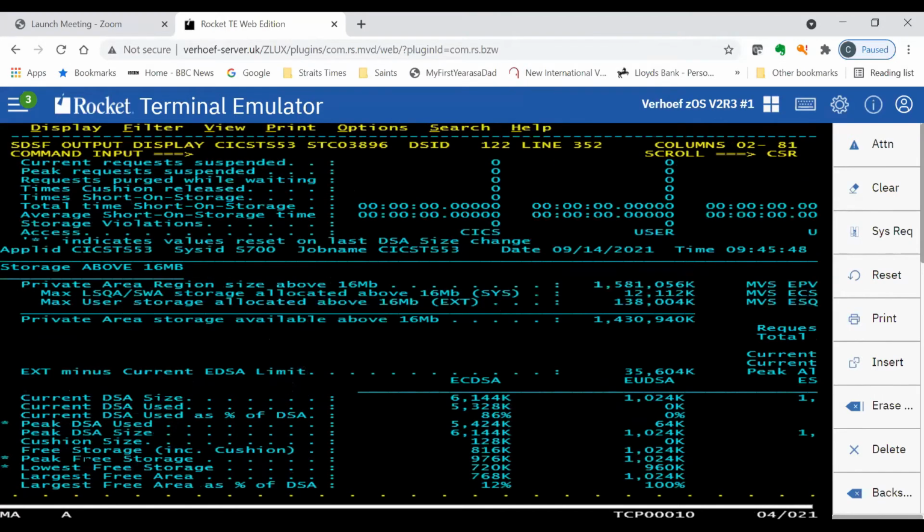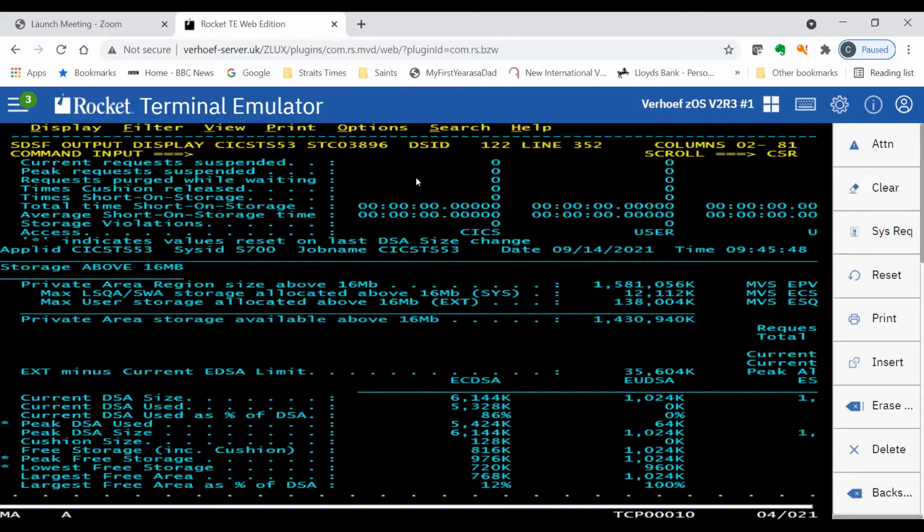The cushion size is the amount of storage, usually 10 to 20% of the total amount of DSA storage, EDSALIM. When the cushion has been released, and you can see here we've got 0, which is excellent, it means that the internal storage manager transaction, the SMSY transaction, starts to panic because it realizes it doesn't have enough storage.